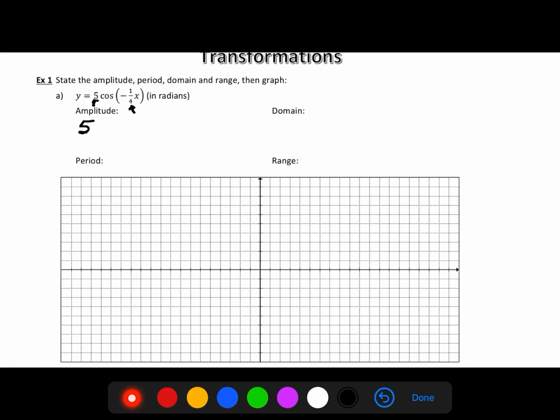Our amplitude in this case, again, is the A value out front, the positive value of A. Our period comes from our K value. It is the reciprocal, so if it's 1/4, and notice we're graphing in radians, so 1 cycle is normally 2 pi. We're going to multiply that by 4 because 1/4 tells us that it's a stretch by a factor of 4. So our period is going to be 8 pi, which tells us that our domain